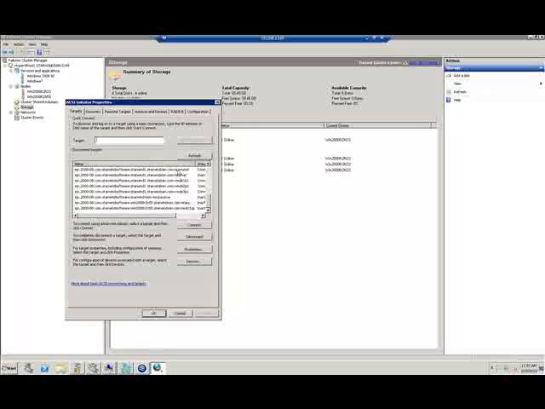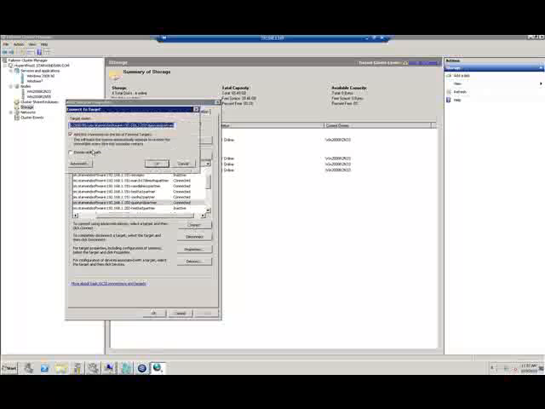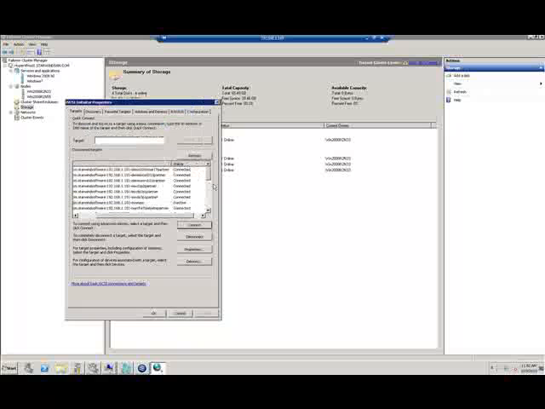Now, in this case, if you look closely, I've got a quorum drive here that's hosted there, and on the second box, I've got a quorum drive partner. There it is. So there's my quorum drive partner, and I've connected to both of these. So if I connect and check Enable Multipath on the partner, and then do that same thing down here on the quorum drive itself, what I'm going to wind up with is a multipath device. So basically two separate iSCSI devices being presented as a single unit,